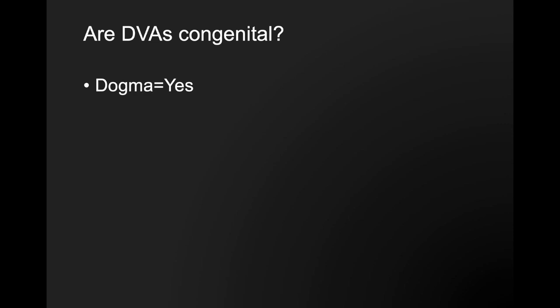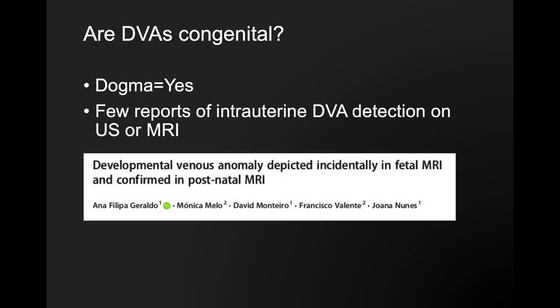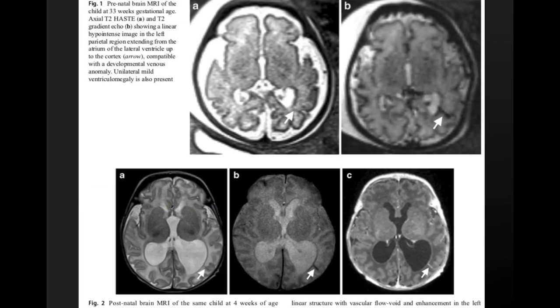So this brings us to our next question. Are DVAs congenital? So dogmatically speaking, people do think that DVAs are congenital. There have been a few reports of intrauterine DVA detection on ultrasound or MRI. Here's just an example of one such article where they saw this developmental venous anomaly on